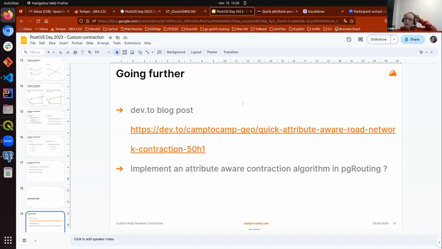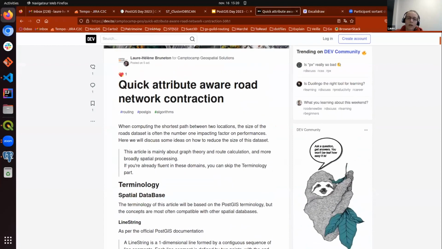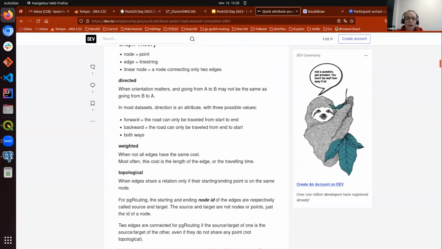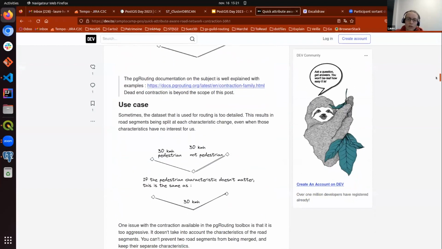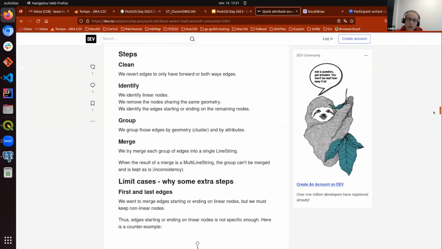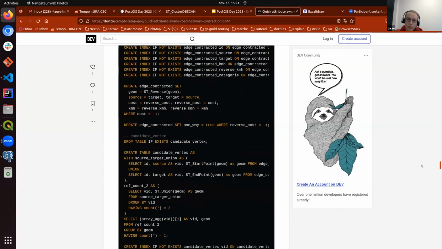This was a short presentation of our work. I've written a blog post about it on Dev2. So here is the link, and I give more detail in this because, well, it's easier to give more details not live. And so I took the time to describe what the issues were, what we are talking about. I also describe completely the use case, the steps that we took, and I give the full code at the end. If you want to run that on your computer, you can.